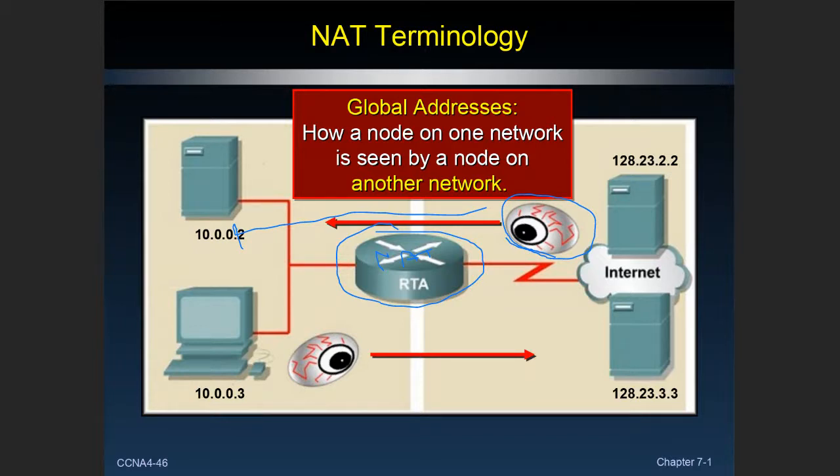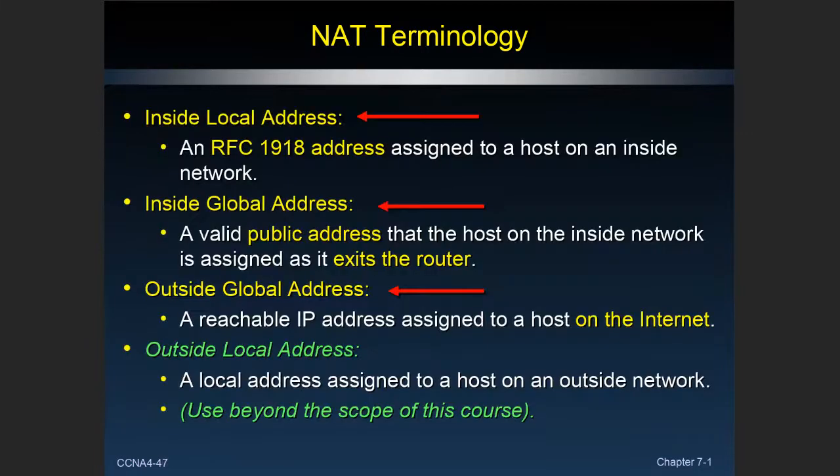Now, how do you see addresses on the outside world? You will see them by their globally unique IP address and that server farm for that particular organization. So an inside local address is almost always an RFC 1918 address: 10 dot something, 172.16 dot something, 192.168 dot something. The inside global address is that address that you got from your internet service provider. It's going to be a valid globally unique public IP address that's allowed to exist on the internet, not the 192.168 that you have at home. That's your inside local address. So the inside global address is how you appear to the rest of the world.